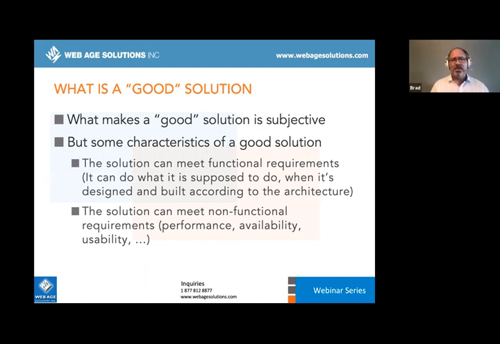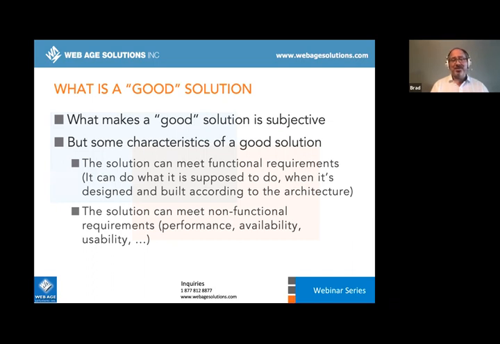And one is that the solution can meet the functional requirements. It does what it's supposed to do, as long as it's going to be designed and built according to the architecture. Now, this sounds kind of obvious. Why would a solution ever not meet functional requirements? Well, in fact,